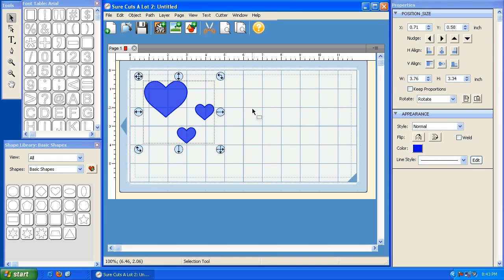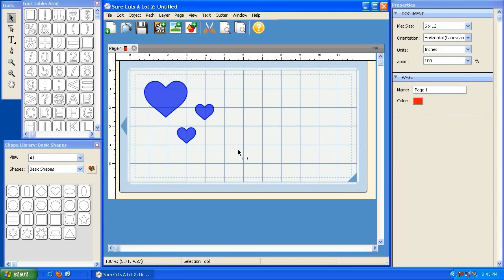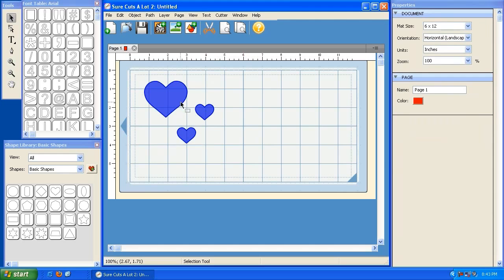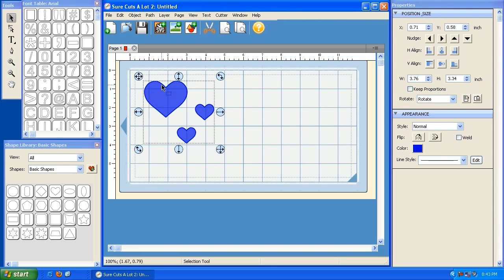And again, if you want to deselect them, you just click away from them. Okay, so now again, I can go ahead and click these. Then I can go to Object and group them together. Now deselecting them and reselecting them will bring them up as one group again, so I can resize